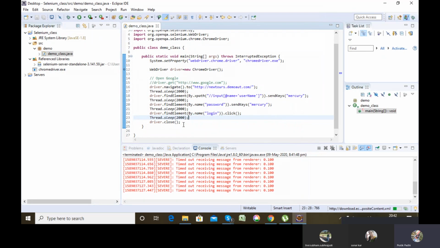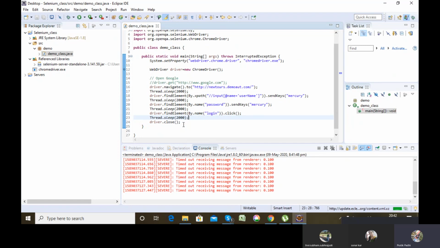So let's say for example, if there is a scenario in which I click a certain link and another window is opening, or another browser got opened, there driver.close will not work because driver.close will only close the current window in which execution is being done.